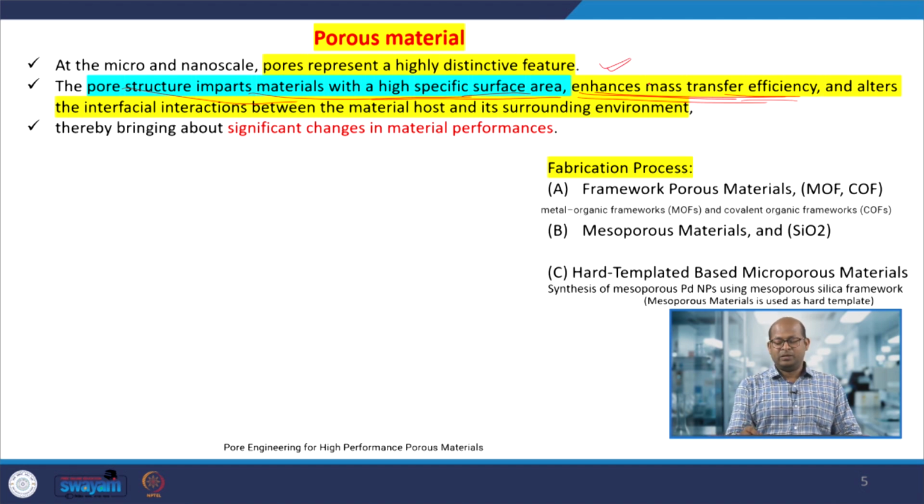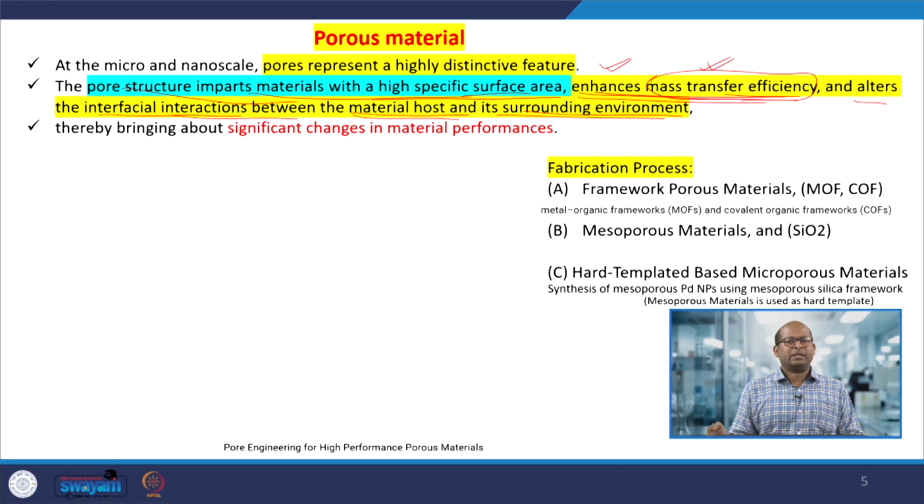The role of these materials is not only to increase the surface area, but also to enhance the mass transfer efficiency. When reactants come in contact with the surface of the catalyst, there is diffusion or transport of the reactant from the bulk to the surface or active sites of the catalyst, which is very important. That also increases when the material we use has a high surface area. Therefore, interfacial interactions between the host material, where the catalyst or active sites are distributed,